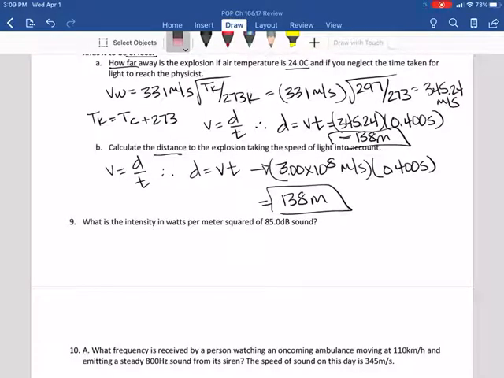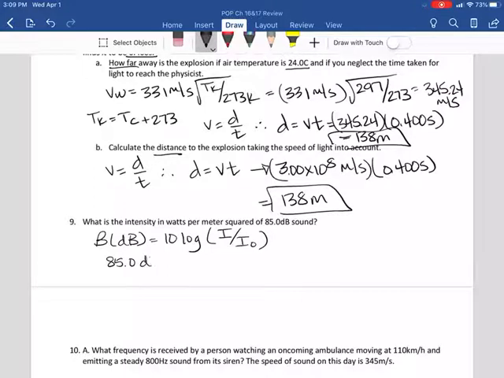Okay, this says, what is the intensity in watts per meter squared of 85 decibel sound? All right, so our equation for this one is, we have this beta symbol, which is in decibels, equal to 10 times the log of the intensity over the initial intensity. So the decibels it's giving us is 85, equal to 10 times the log of